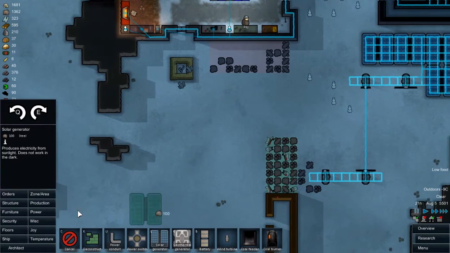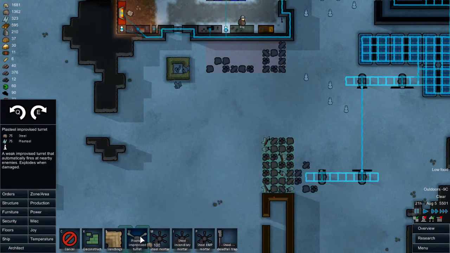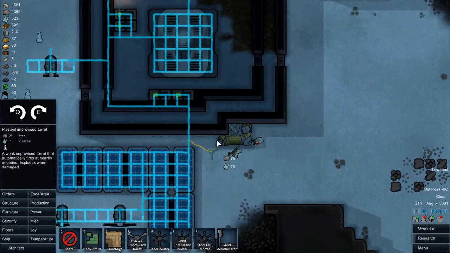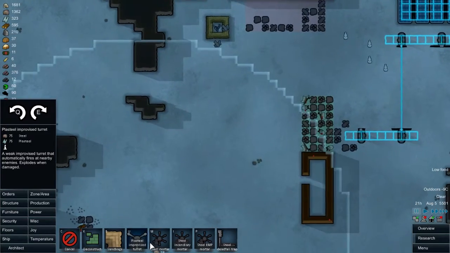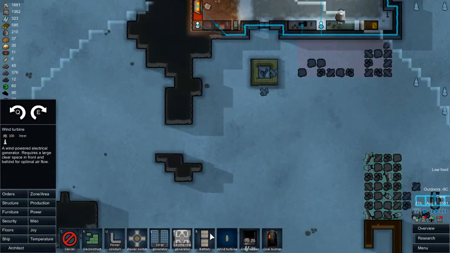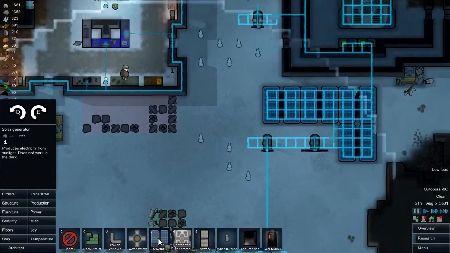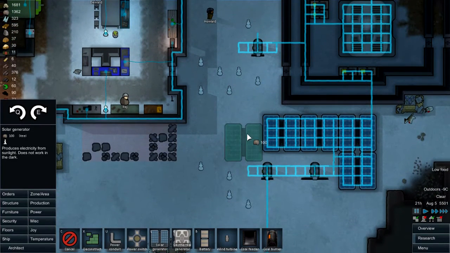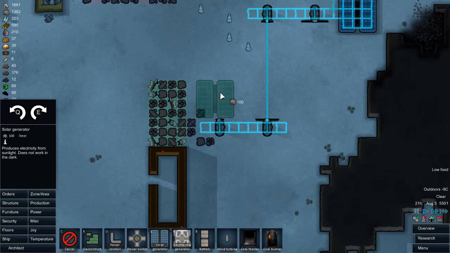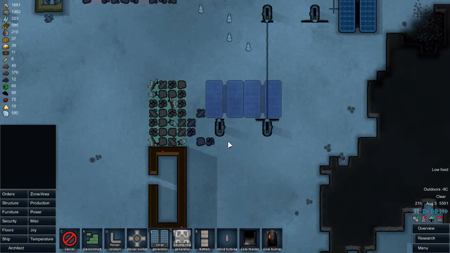Where might I want to... Actually, now that I think about it, we should probably put down more turrets. So, steel improvised turret there. We'll put one down over there. Plasteel improvised turret, I should say. Like I said, I really want another geothermal, but I can't right now. I'll put a solar panel there, and I even think that I'll put some solar panels in front of these two. I want to be able to put solar panels that are not in the way, basically,